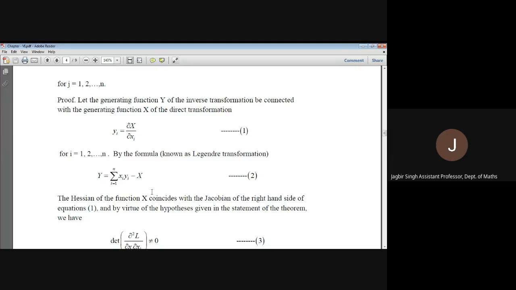That y will be what is this? Old variable into new variable means it is x1 x. Now with one look we can say that this y is a function of xi, yi and x. It is also a function of x1, x2, xn. So this y is a function of x1, x2, xn, y1, y2, yn. But we need that this function should be of variables